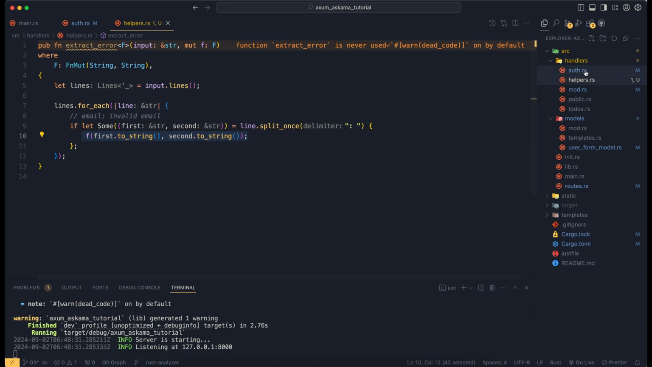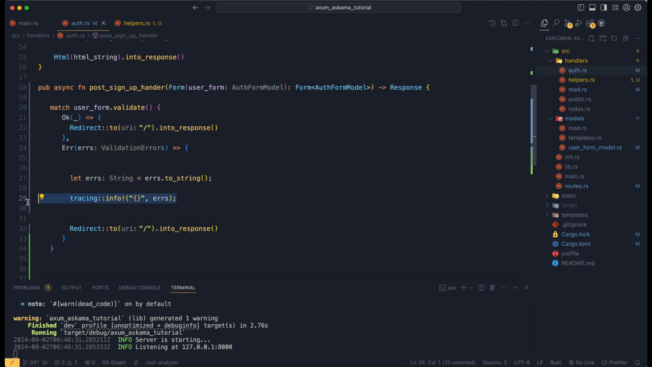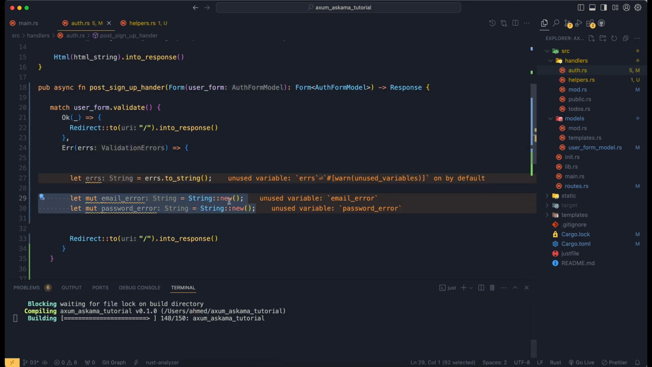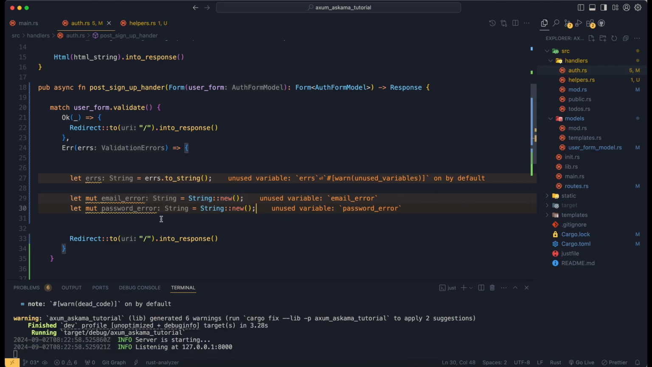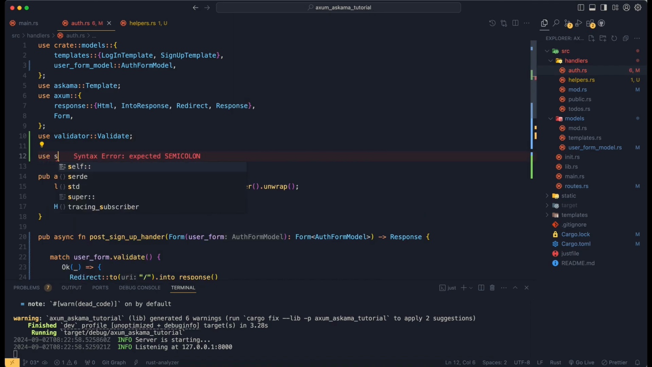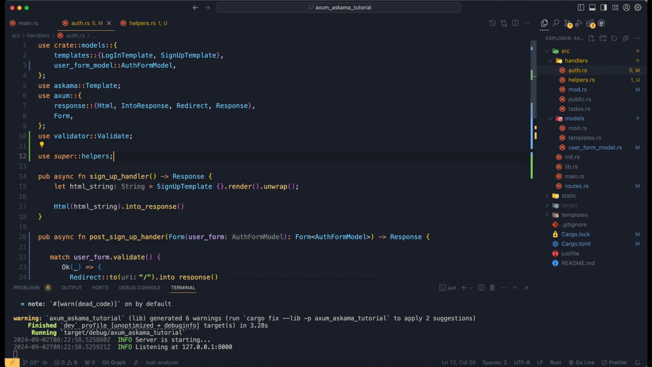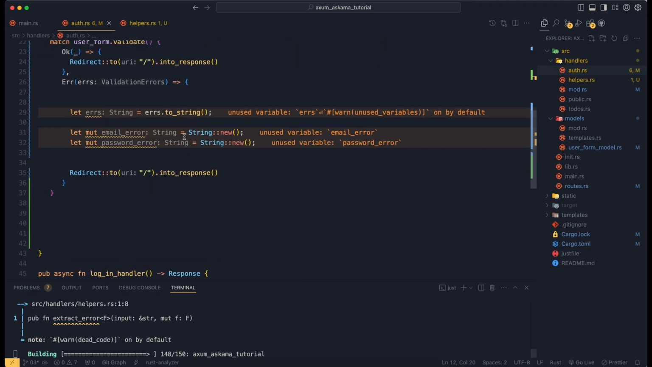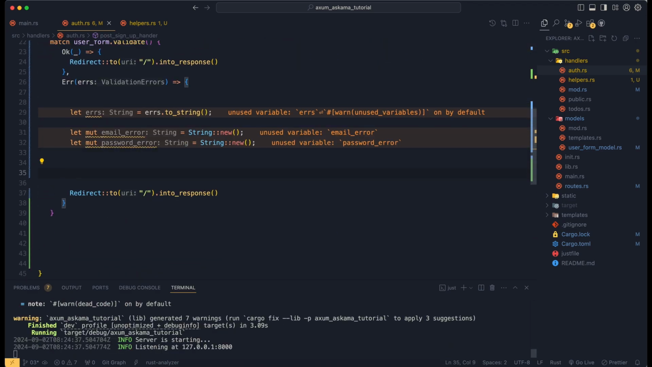Now open auth.rs. First get rid of this logging. Create two mutable strings. So email error, which will hold the email validation error, and password error, which will hold the password validation error, and default value will be the empty string. Now we have to import helper submodule. Import helpers and then call that function,